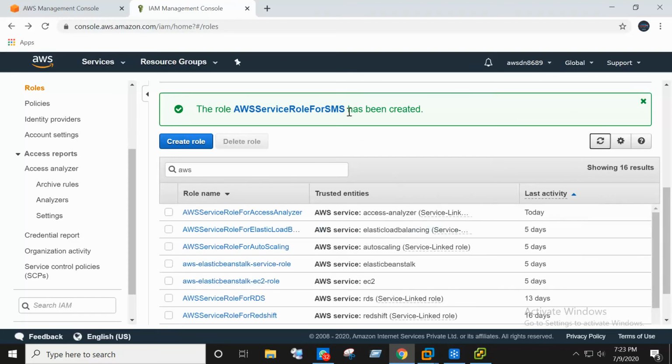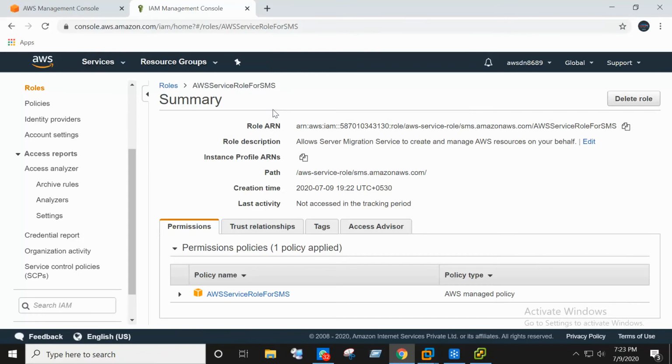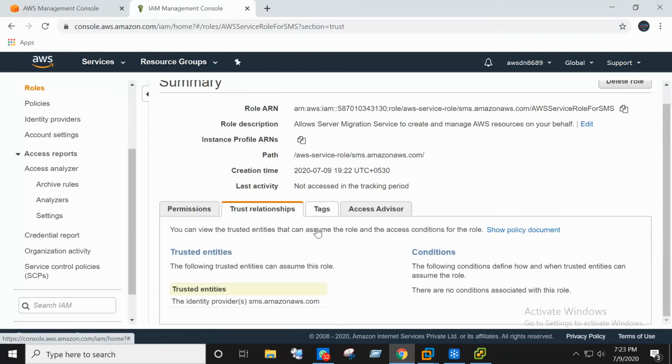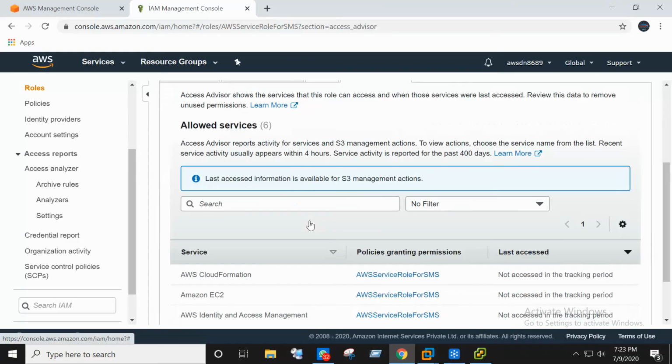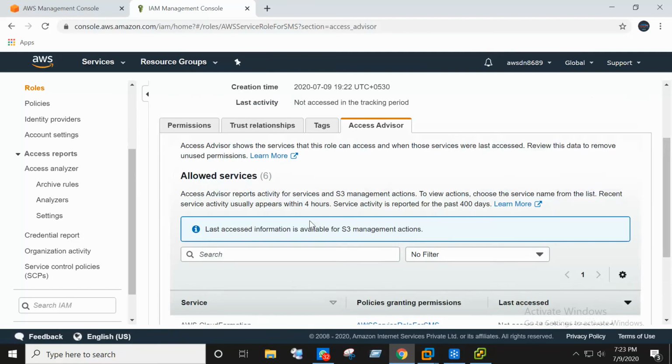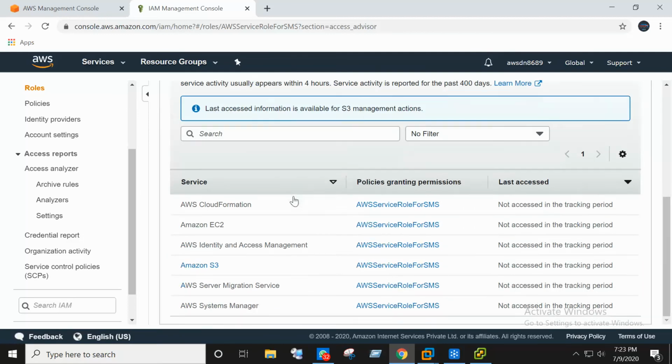You can check here the complete information about your services. Do you have any trust relationships, any identities you are connecting, access advisor, and permissions, allowing or disallowing anything you are providing to the services.